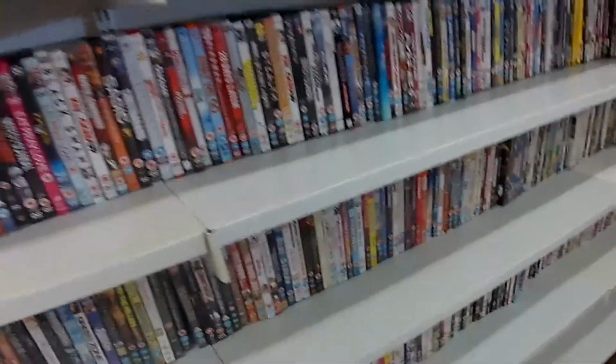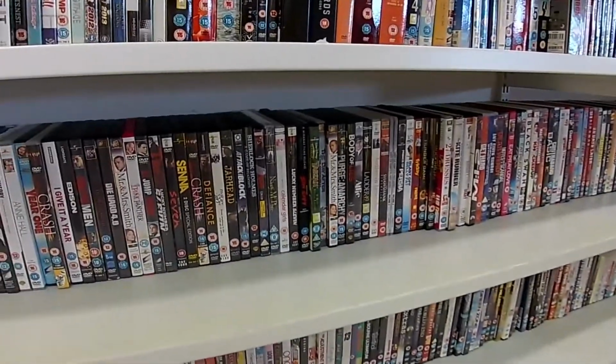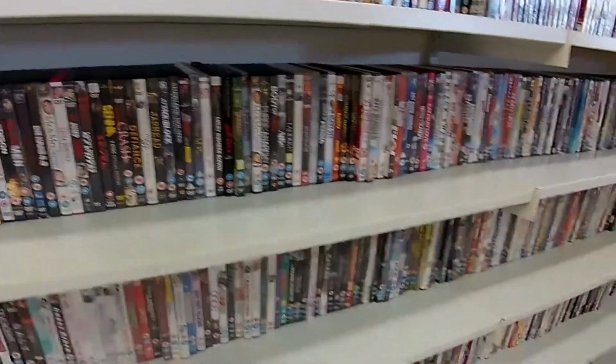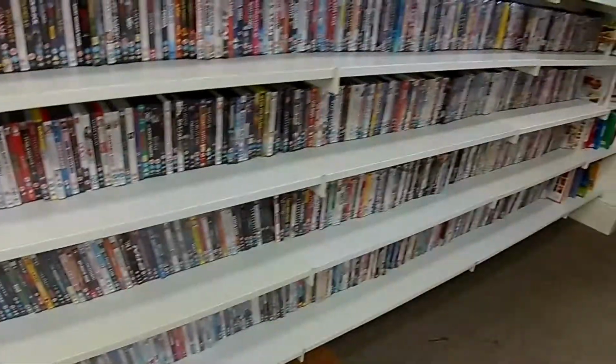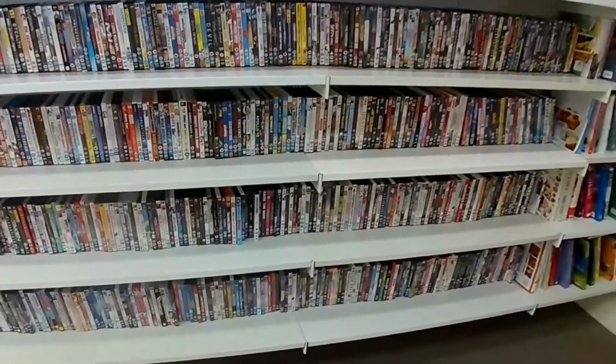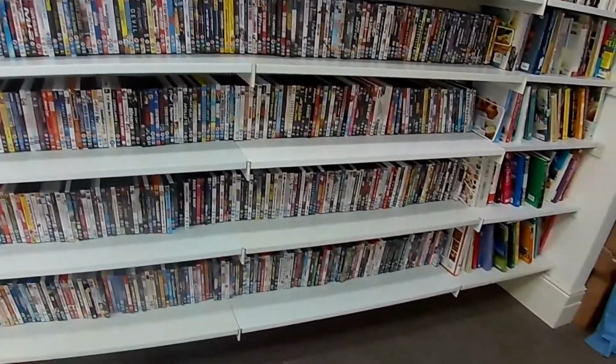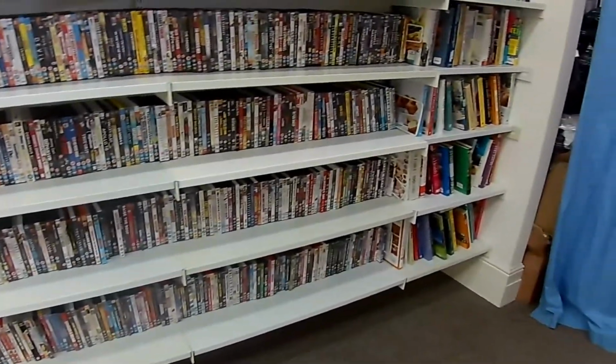A lot of the DVDs in this shop are quite common, so they've got no real value to them. But what we'll do is we'll move on now to the next charity shop, and that is going to be